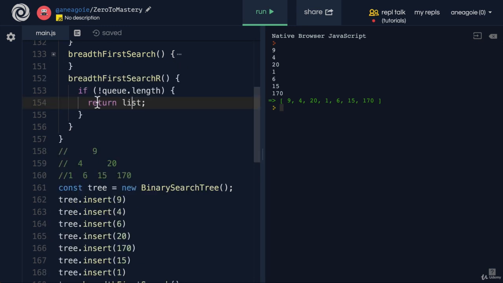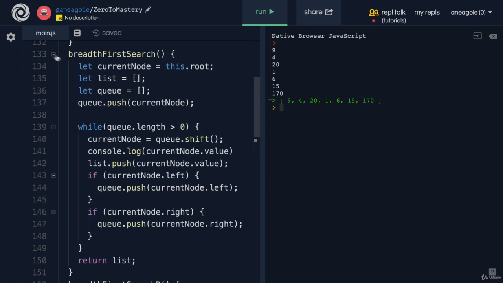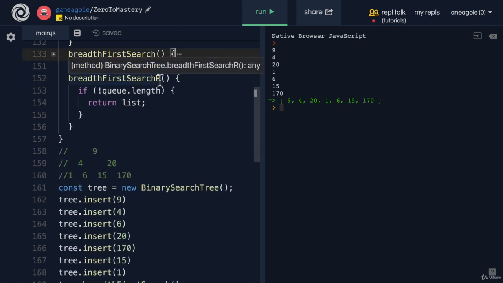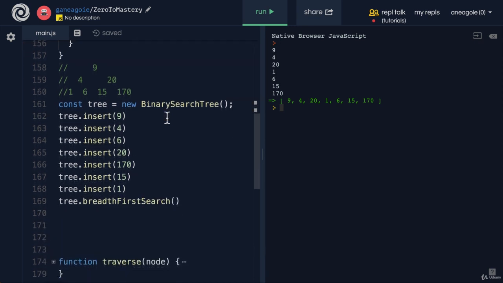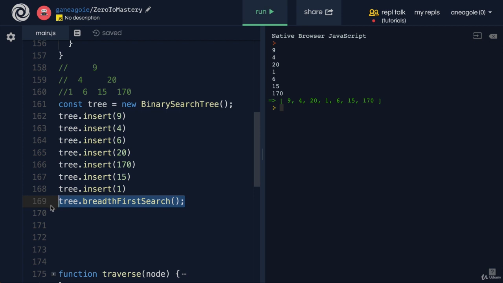And that's because if I go to the top here and declare these variables like I did, in a recursive function, this function will be called over and over, so we're going to be resetting these variables and lists over and over to an empty array. So the way we would do this in a recursive function is that we need to actually pass queue and list as a parameter. So that when we call it down here, instead of doing it this way,